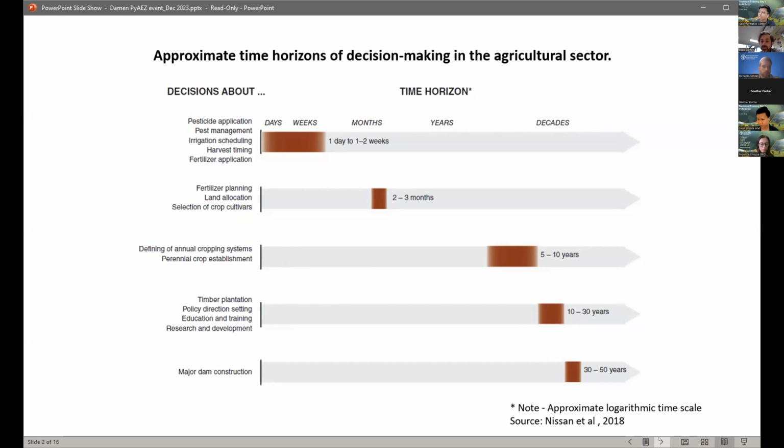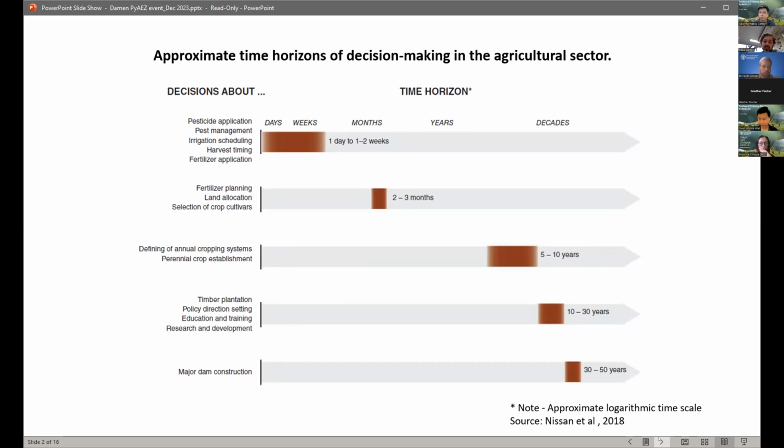I think the first thing, with respect to thinking about AEZ in general, is that when we're thinking about decision-making processes in the agricultural sector, we can think of them in terms of short and near term, looking over a seasonal context. This is where the bulk of the decision-making, of course, is made in terms of management of the system. This is where farmers are making most of their choices about crop selection, about when to plant, when to water, how to manage the actual cropping system.